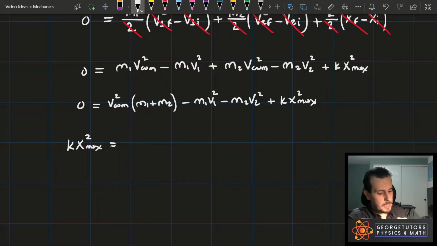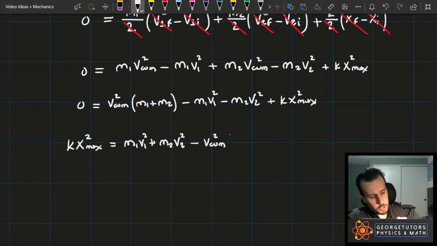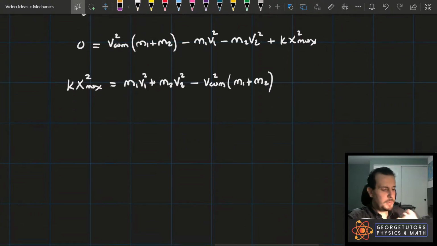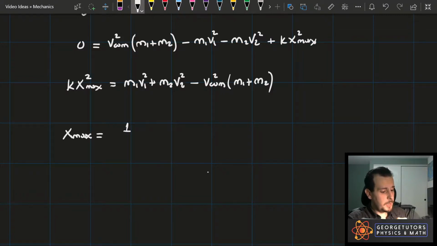let's see, m1 v1 squared plus m2 v2 squared minus vcom squared times m1 plus m2. Okay, so now at this stage, I could go ahead and start isolating for x max. And to do that, I'd have to divide both sides by k,